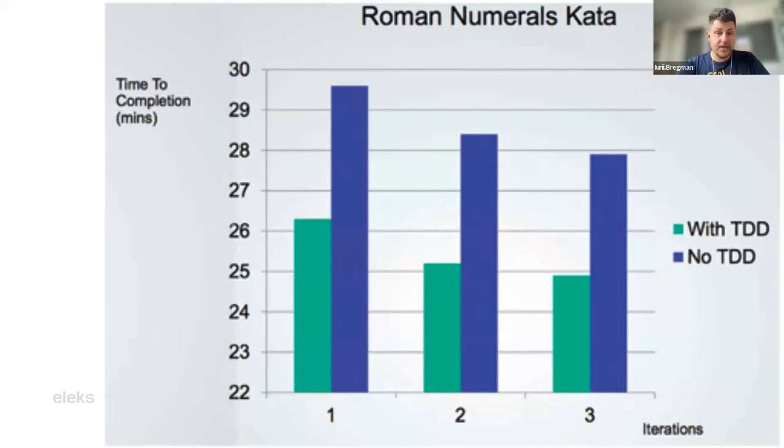Clearly, you can see on the chart that the later days were quicker than the days at the beginning. But check this out. Not only are test-driven development days always quicker than non-TDD days, but also the slowest of the TDD days is quicker than the quickest of the non-TDD days. So the only way to go fast is to go well, right? Making a mess, as I told before, will slow you down, no matter the time scale, even in the short term.